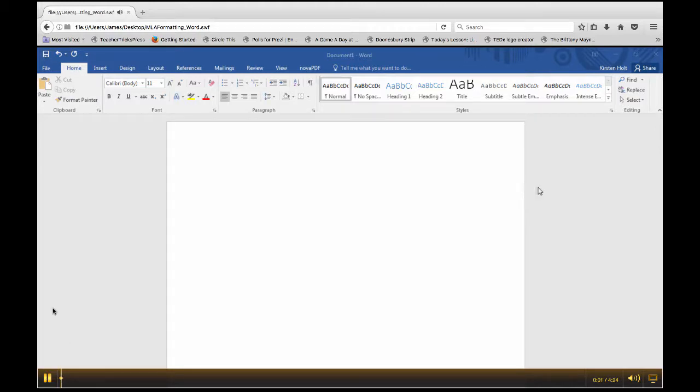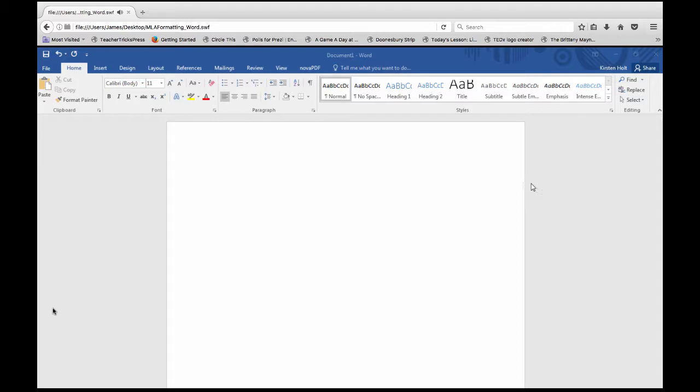Hi guys, today we're working on formatting in the full version of Microsoft Word. If you format your documents in Google Drive, you're looking for a different video. So first we need to put some text on the page so that we can make sure our formatting is